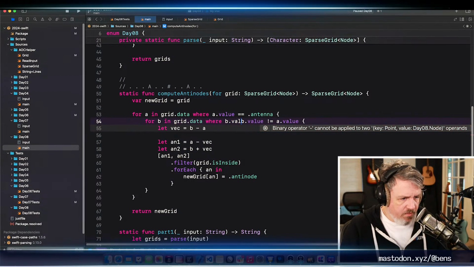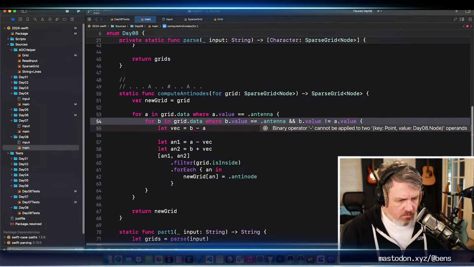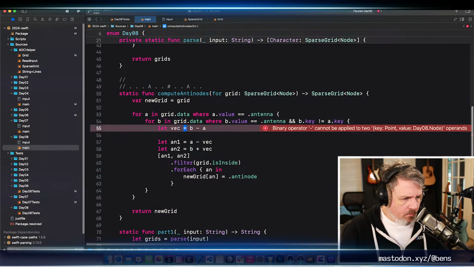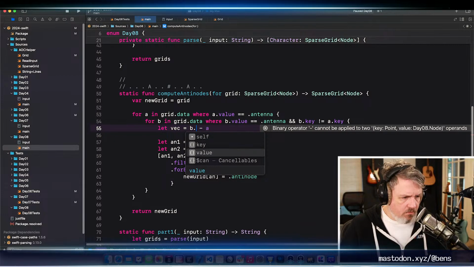Where b.value is an antenna and b.key is not equal to a.key. This then is value.